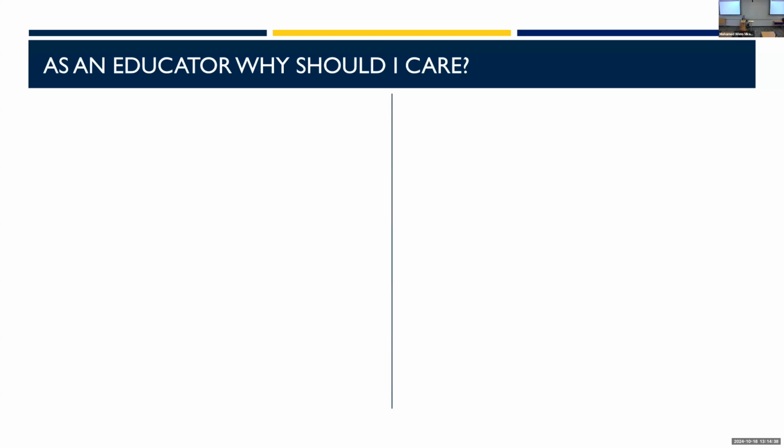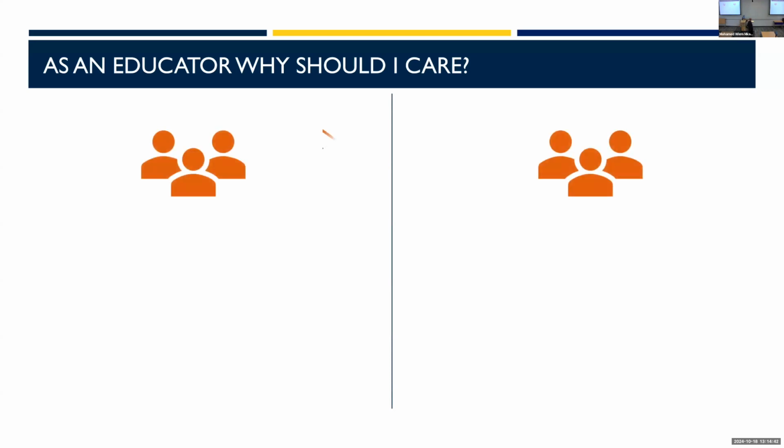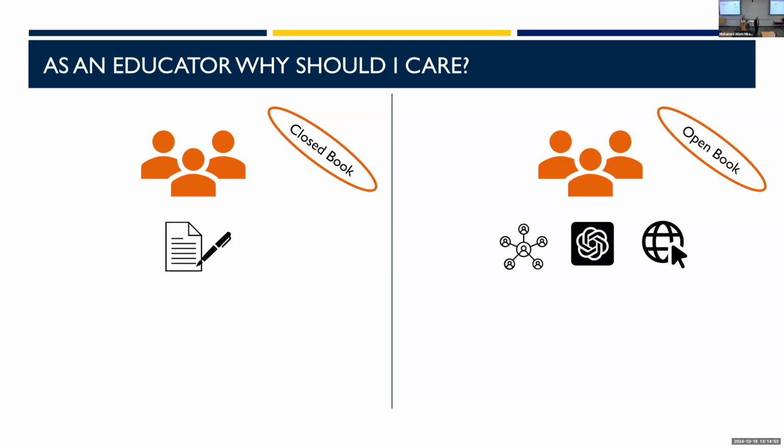Simple. I took my class and split them in two for the exam. So I have two groups. One group has to take the exam in a closed book fashion, and one group has to take the exam in an open book fashion, right? The closed book students have to prepare with whatever they have, the lecture notes, right? And the open book students have to use everything, and I emphasize using language models.